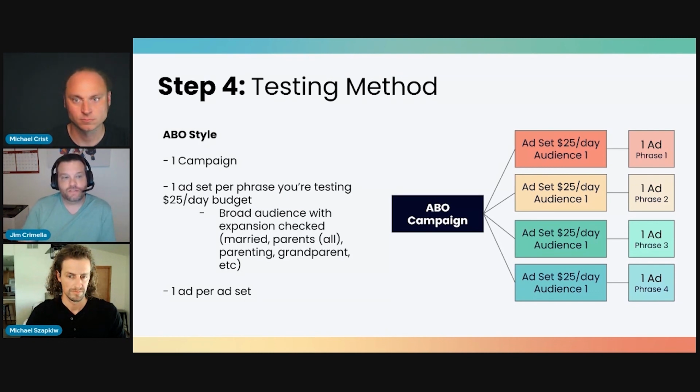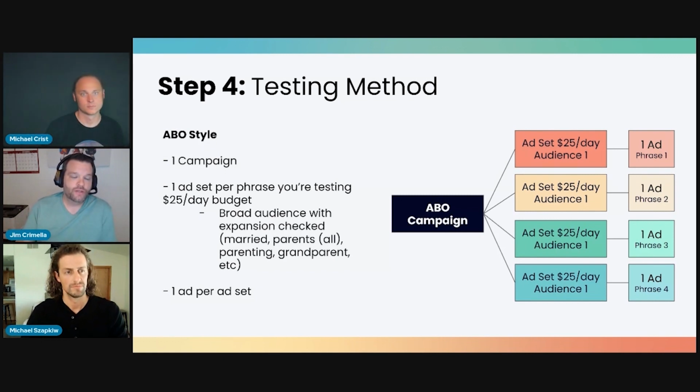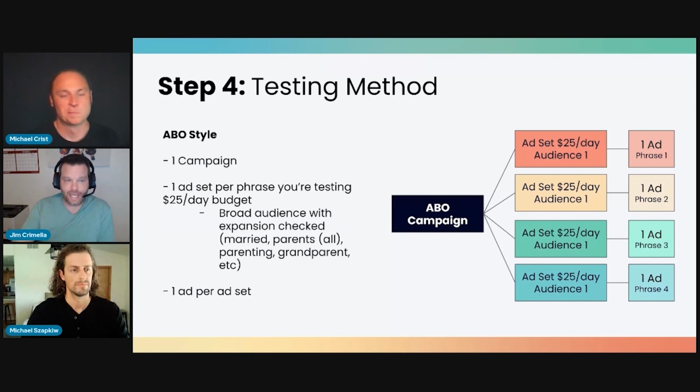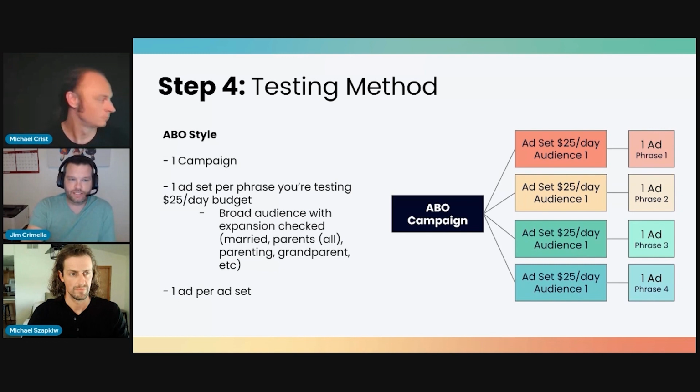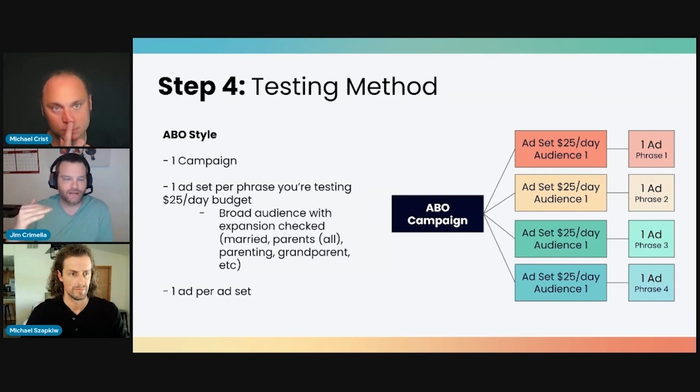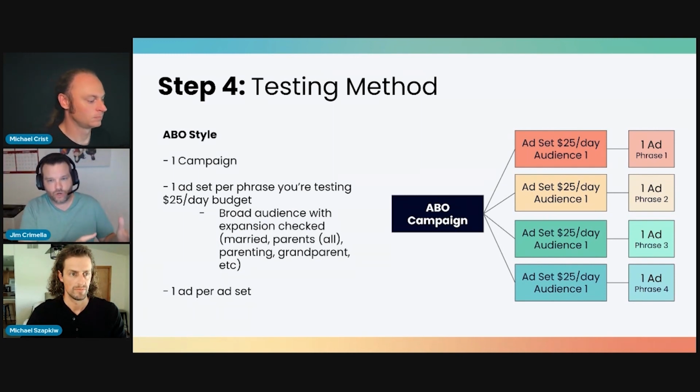I think it depends on how you're approaching the challenge, from a seller standpoint. If you're going to test one phrase each day, then I would use this as my hub, so the ABO campaign is my testing hub. And every day that I'm adding a new phrase to test, I'm just adding one new ad set. We personally do a bunch of prep work first and have a set of 30 phrases that we want to test at one time. So when we set our test up, it's all 30 phrases at the exact same time.